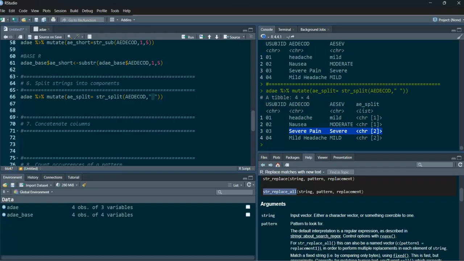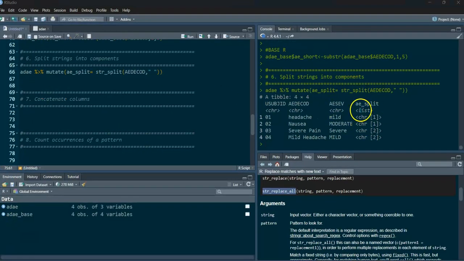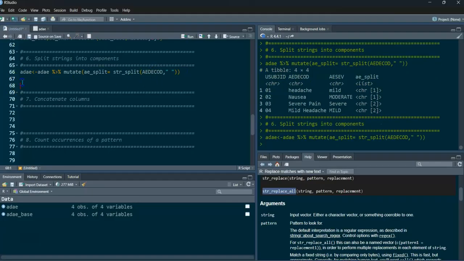Sometimes this is very useful because it creates a list column where each row stores multiple words as a character vector. So this is powerful because we can extract words, analyze text, or even expand them into multiple rows. How can we do that? First, I am just assigning this new variable to the previous dataset. Just run, and now I'm using